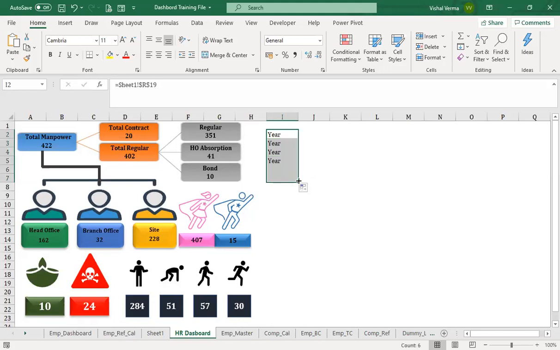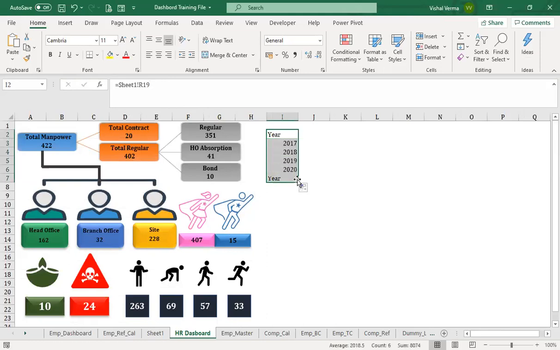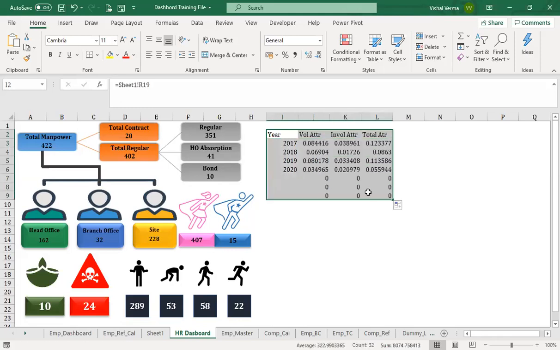Let's pull this data till here. Then we have the information related to voluntary, involuntary, and total attrition, and then we can have all this information.